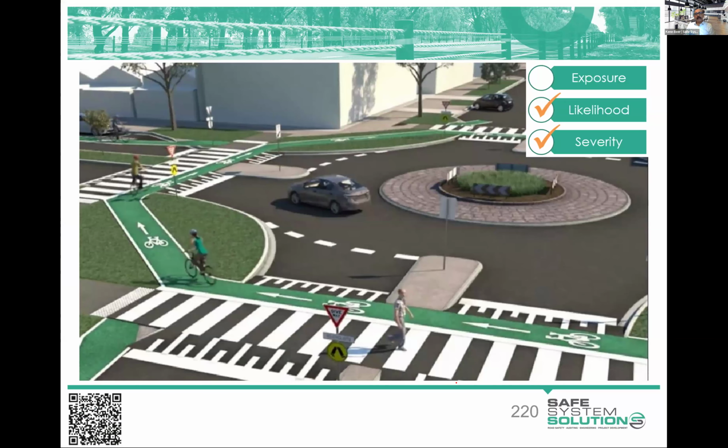I talked a bit in module 2 about the wonderful advantages of roundabouts for passenger vehicle crashes, and that's reducing the speeds of those crashes, the angles are better, lessening the conflict points. Cyclists and pedestrians don't have the best time of roundabouts usually, but there are features that can be done to make roundabouts really highly aligned with safe system principles.